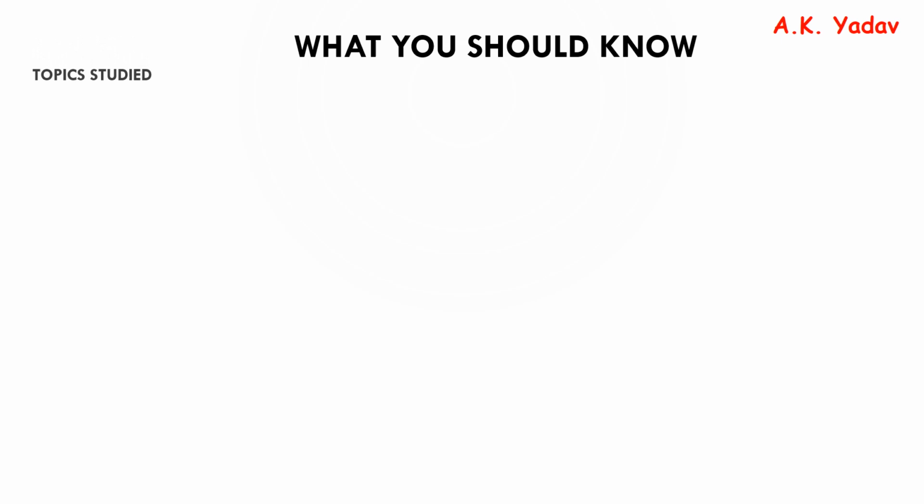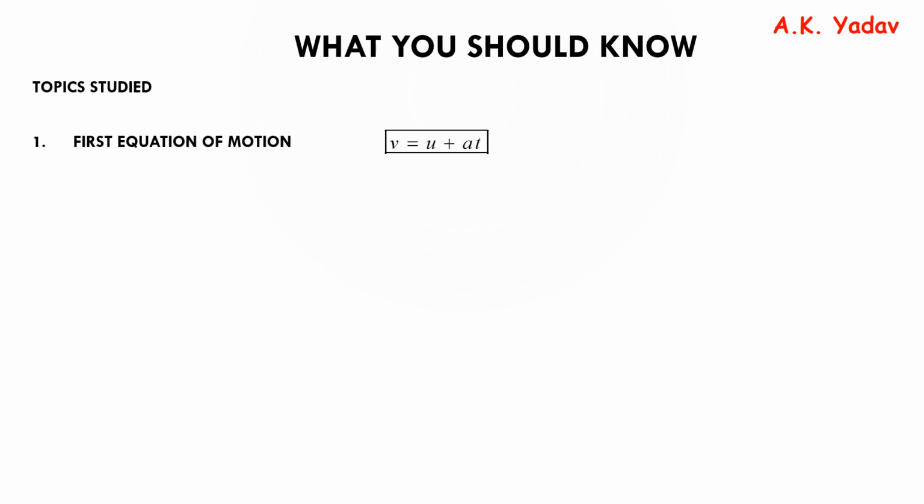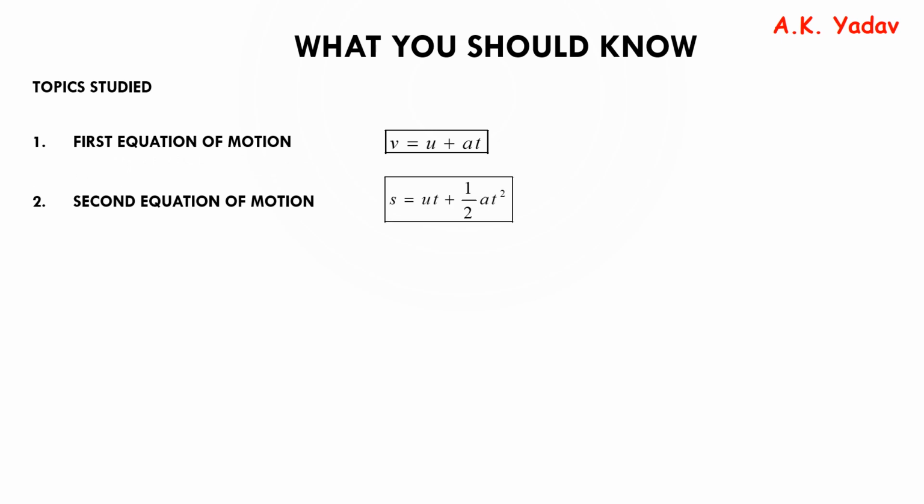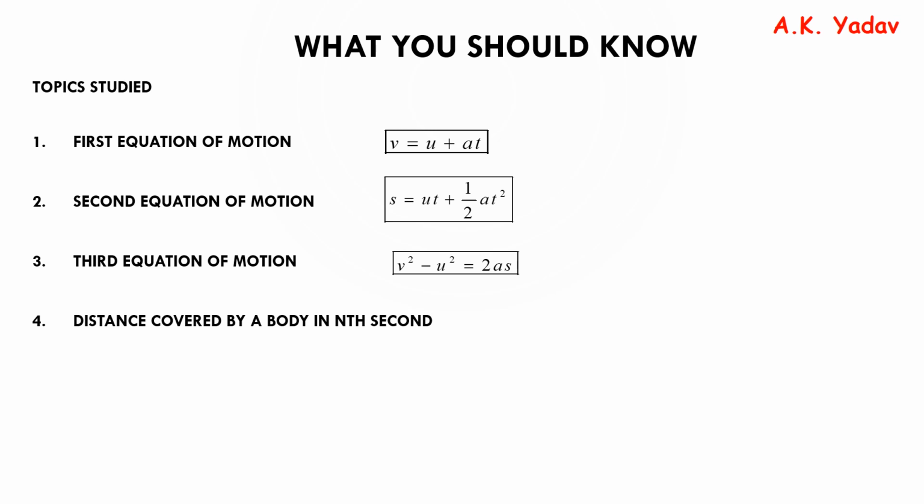What you should know is the first equation of motion, v equal to u plus at. The second equation of motion, s is equal to ut plus half at square. The third equation of motion, v square minus u square is equal to 2as. The distance covered by a body in nth second, that is dn, is equal to u plus half a into